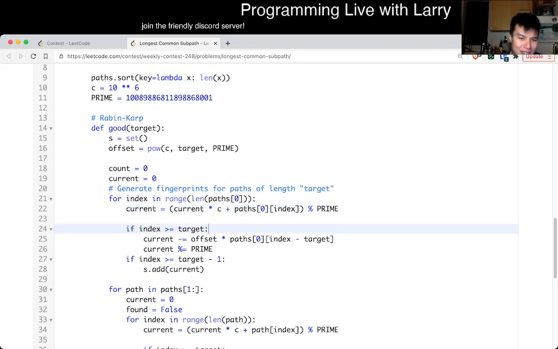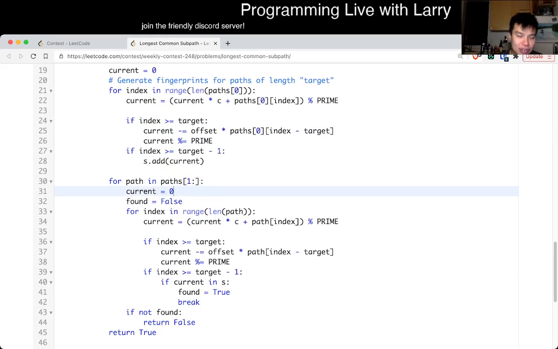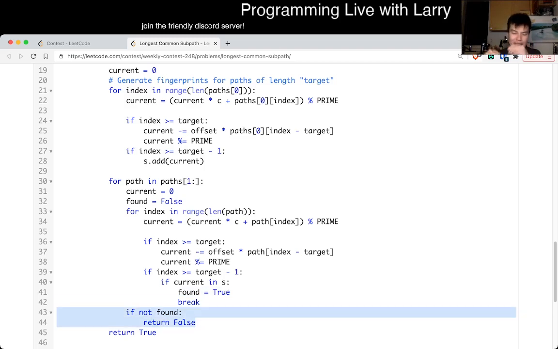And this is kind of like a sliding window as well, and then I keep track of all the fingerprints in the hash set. And now, for every other path, I go over it as I generate fingerprints as well, also for length target. And as soon as this is found, we're done, because we know that it is good for this path. Otherwise, if it is not found, then we return false, because that means that not every